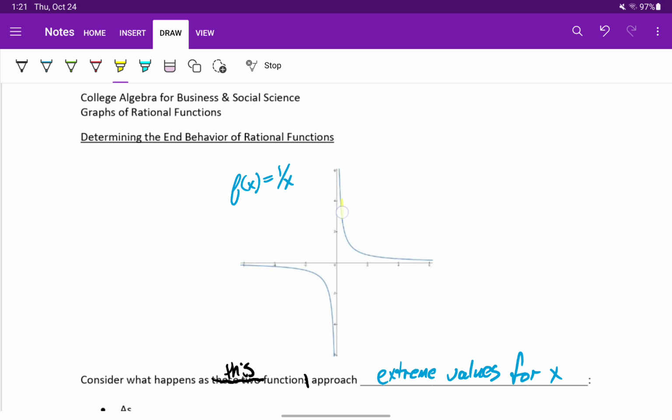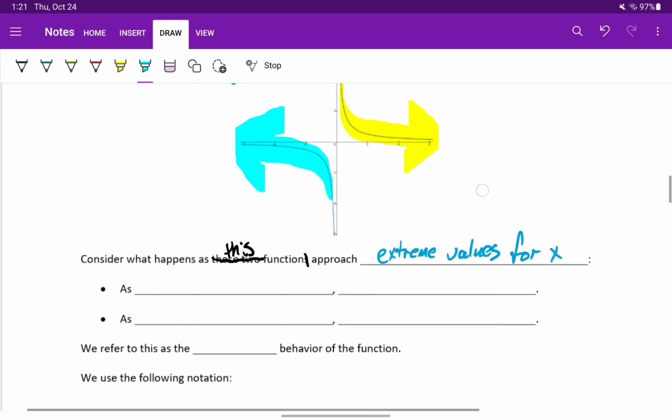We'll start by tracing our curve in the direction of x getting larger and larger and larger. And what we see is this behavior where our curve is getting closer and closer to the x-axis. And if we trace our curve in the negative x direction, so as x is getting smaller and smaller and smaller, we see that same behavior. That curve is getting closer and closer to the x-axis, which tells us that